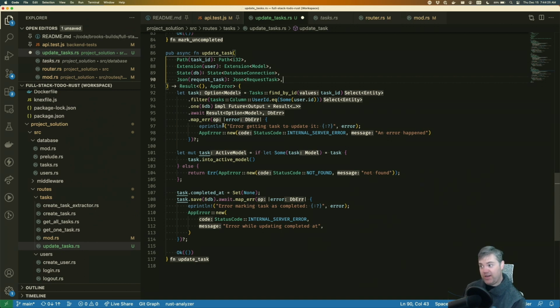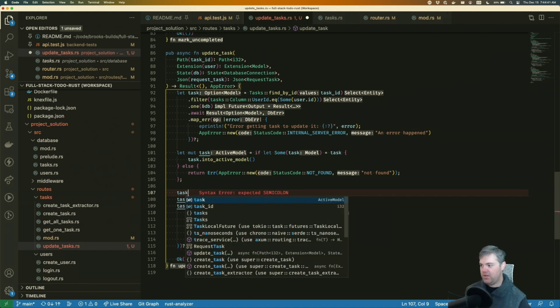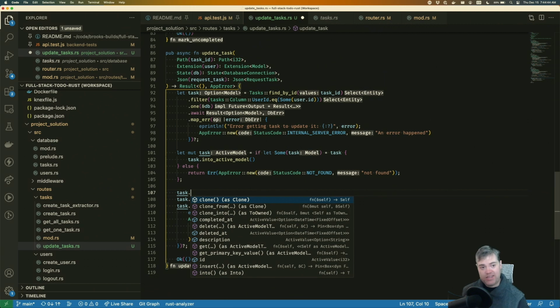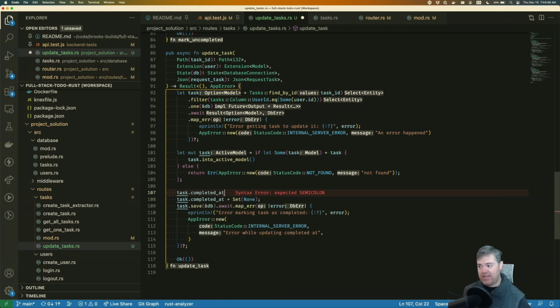So first of all, we find the task. That should be exactly the same. We turn it into an active model. That's also great. Now we do the actual update. So in this case, let's see what we're setting. We're going to do task dot. Well, we can't do ID. We can do completed at. So task dot completed at equals